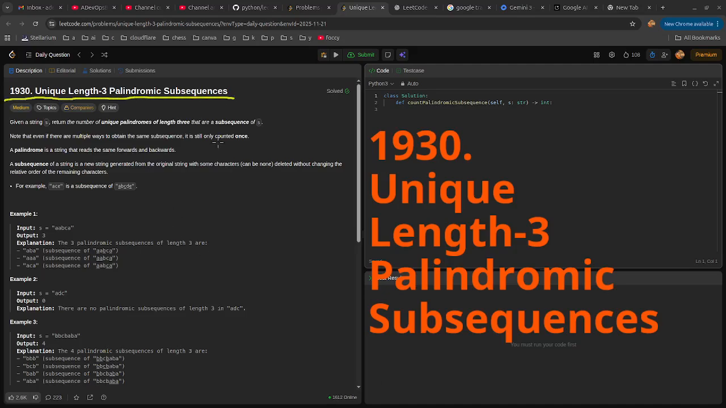Leetcode daily challenge. It is a medium problem, 1930, unique length-3 palindromic subsequences. The good thing for this problem is we are looking for a length of 3. And we don't care about the duplicate ones, which means for lower cases from A to Z, there will be only